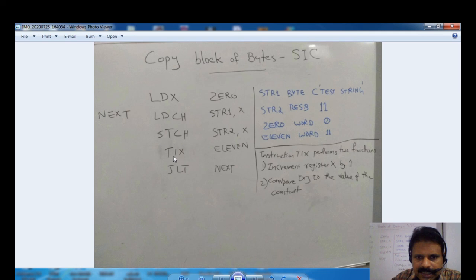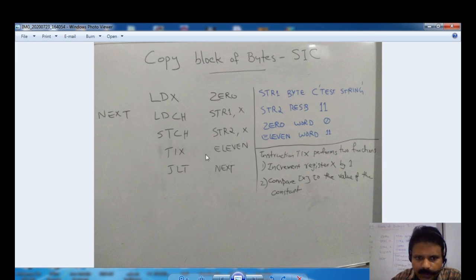Then the instruction TIX performs two things. First, it will increment the register content by 1. Then it will compare the new value against the constant specified along with the instruction. Here the constant specified along with the instruction is 11. Now the content of X is 1 and 1 is less than 11.